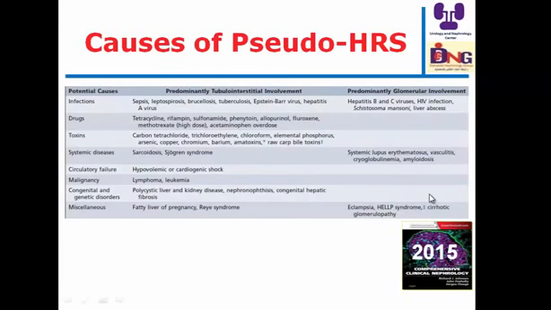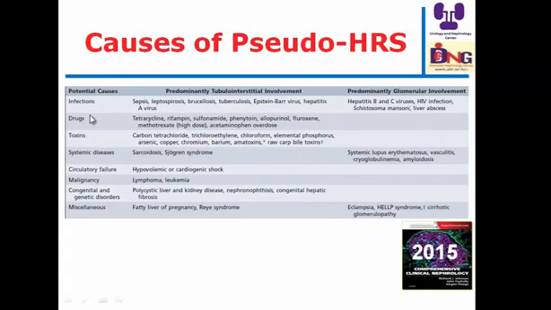Before I discuss management of hepatorenal syndrome, we should think of the differential diagnosis of hepatorenal syndrome, which is pseudo-hepatorenal syndrome. So acute kidney injury in a patient with cirrhosis may have predominant tubulointerstitial involvement or predominant glomerular involvement. So the causes may be infections like sepsis, leptospira, brucella, tuberculosis, Epstein-Barr, hepatitis A virus, hepatitis B, C, HIV,